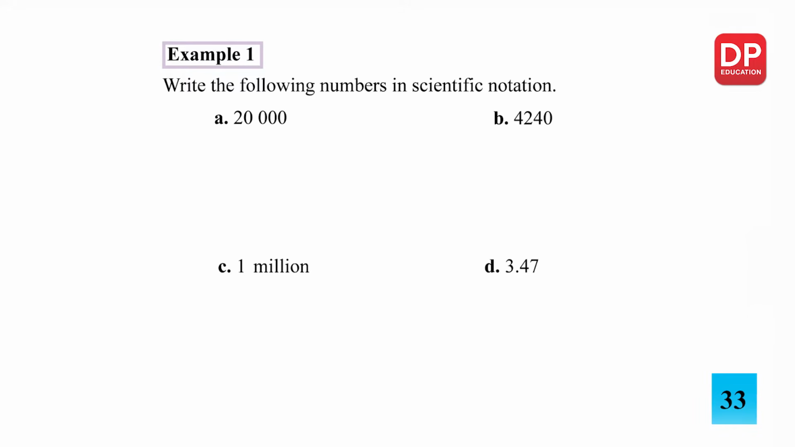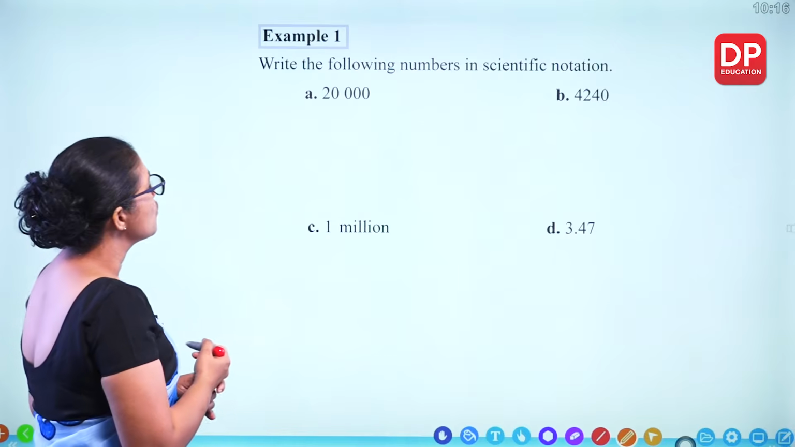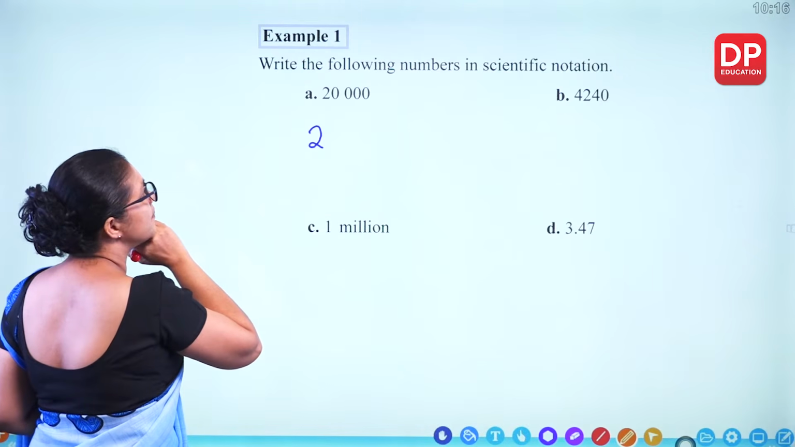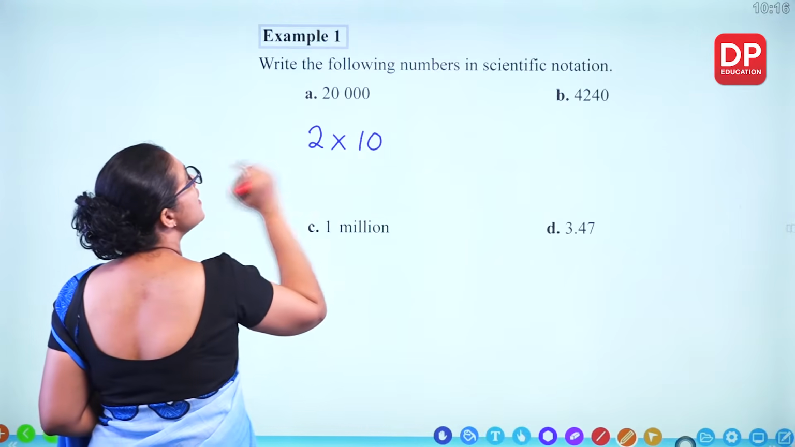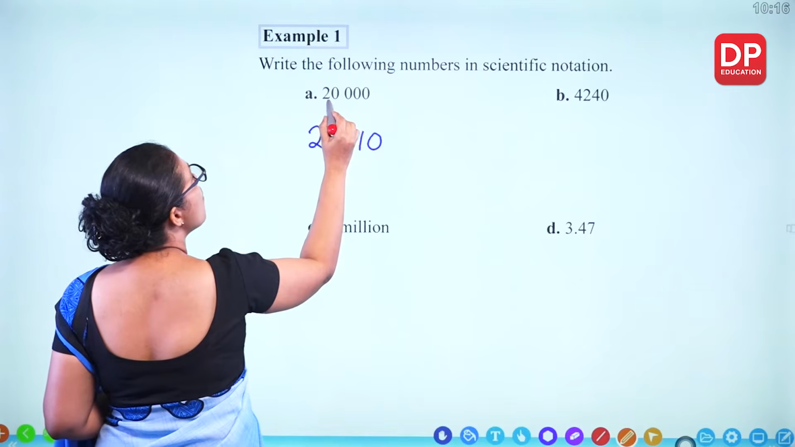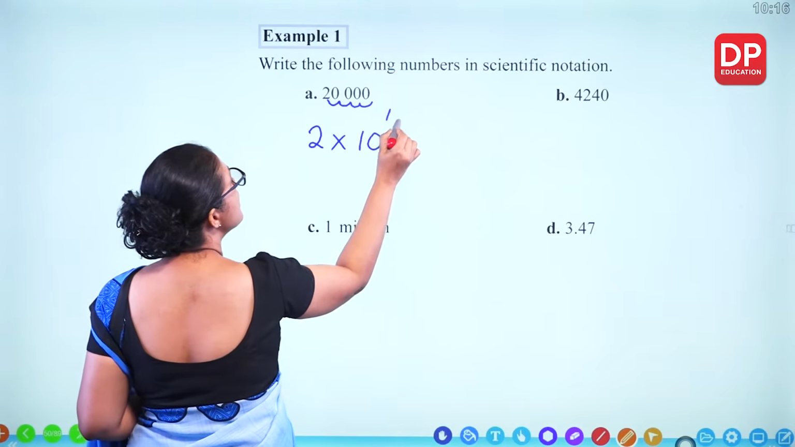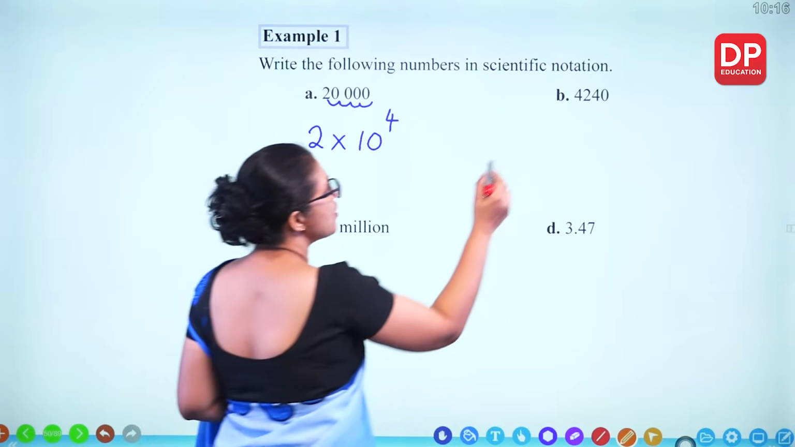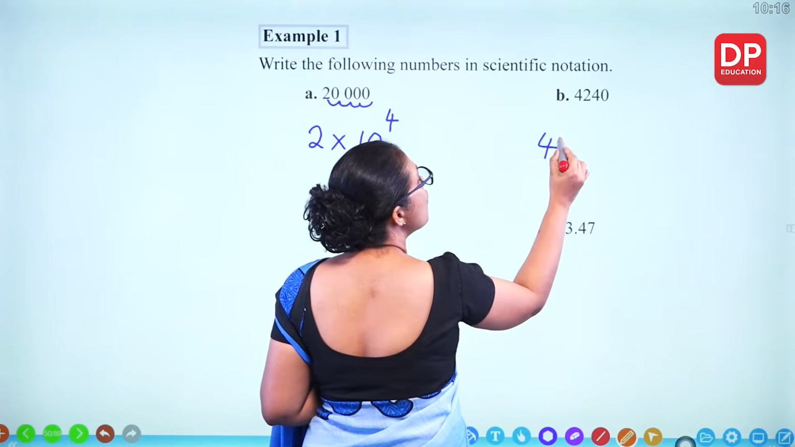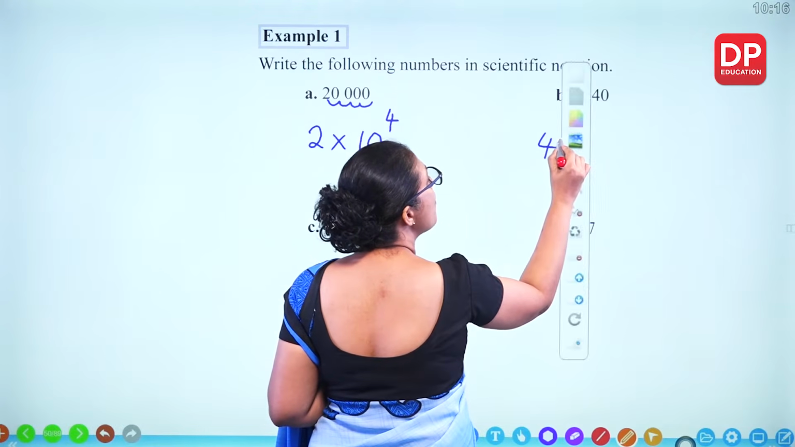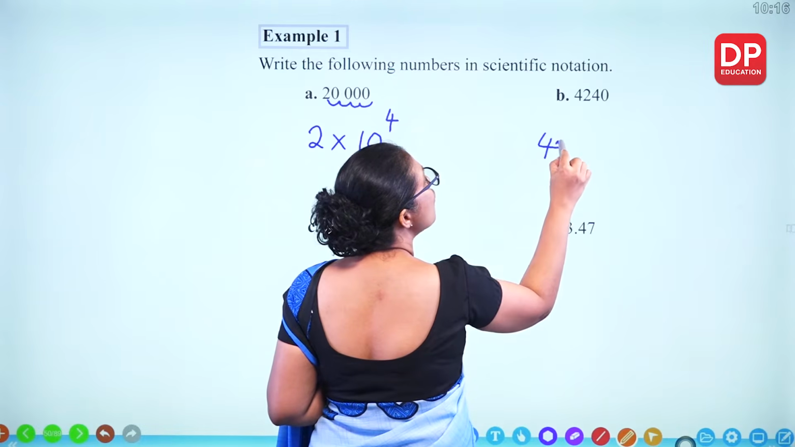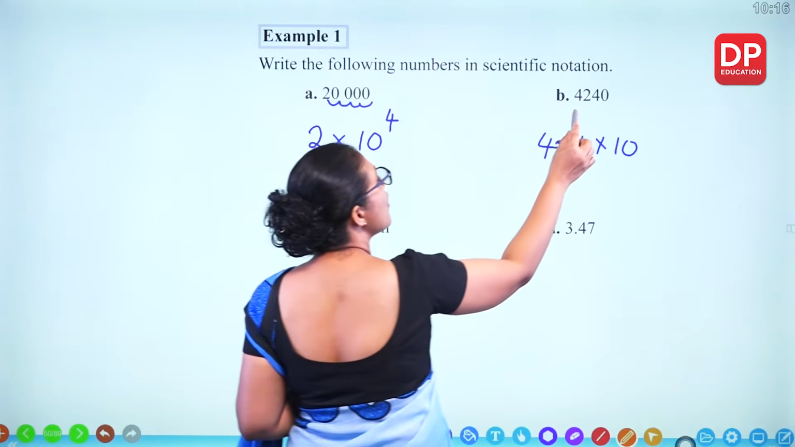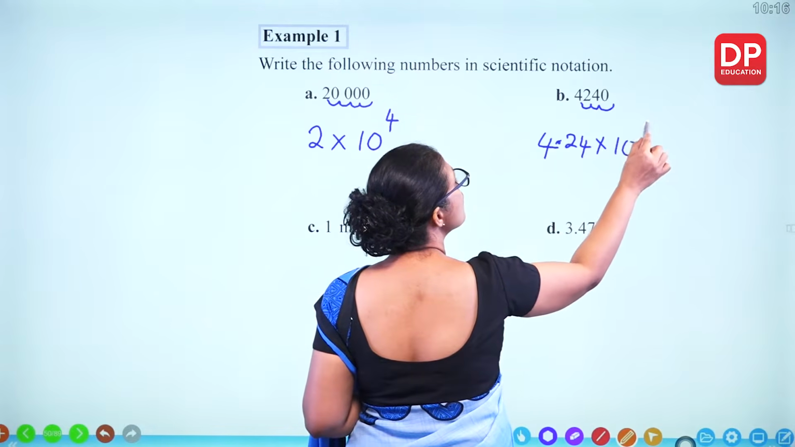Example number 1, write the following numbers in scientific notation. So what you do, write the number in between 1 and less than 10 and see how many places you have to move the decimal place. 1, 2, 3, 4, 4 to the right, that's positive 4. 4,240, the number less than 10 is 4.24. 10 to the power, here look at the decimal point here, 1, 2, 3 places to the right, so